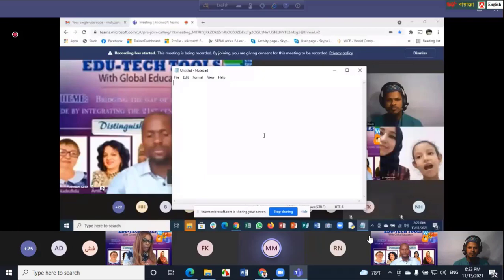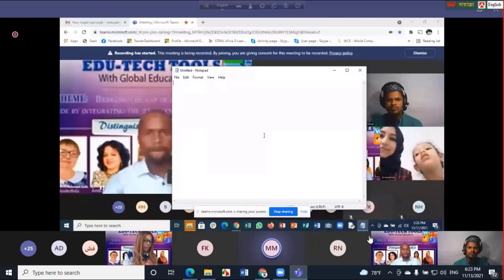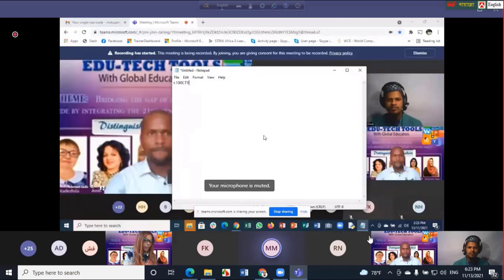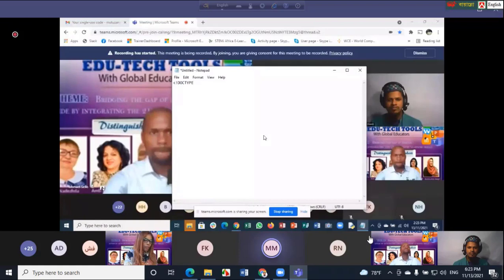First of all, the first thing that you have to do is tell the machine: I've typed the word doctype. Doctype just means document type declaration. That's the one you're going to use for your HTML. Another thing about HTML is that, let me try to increase the font size so that you're able to see. Click on View, Zoom.